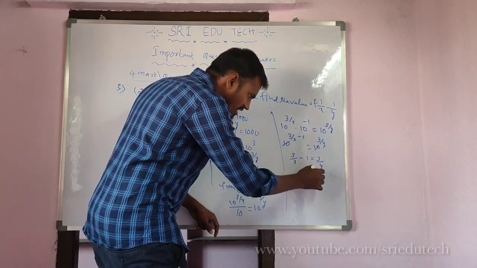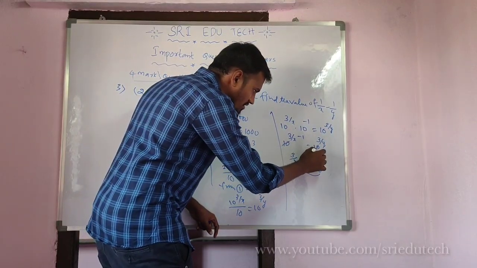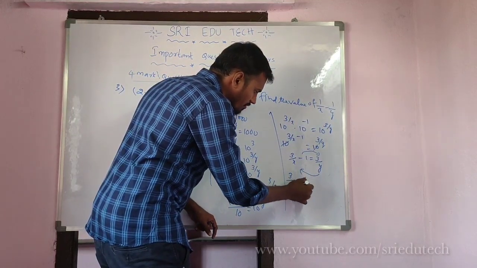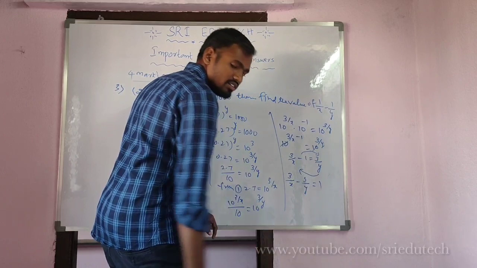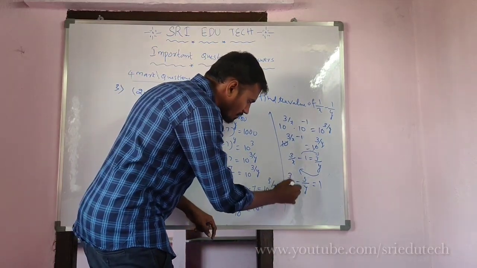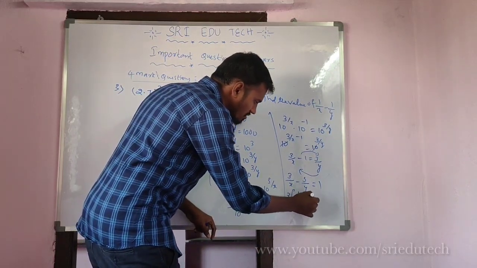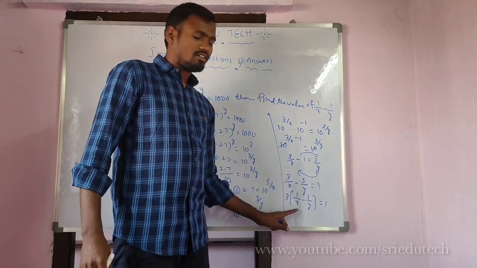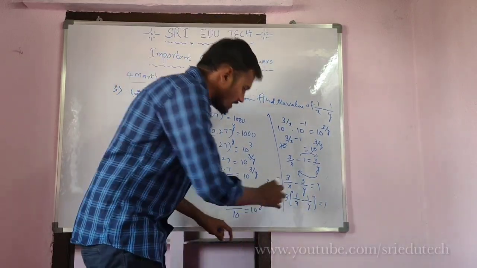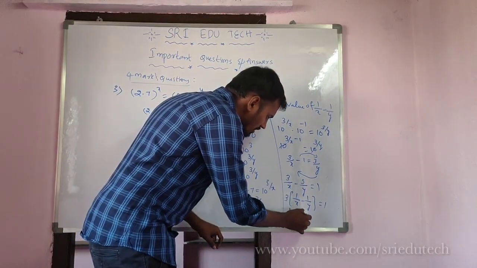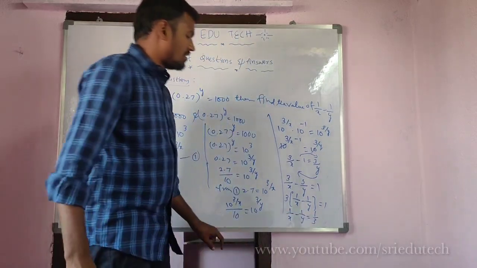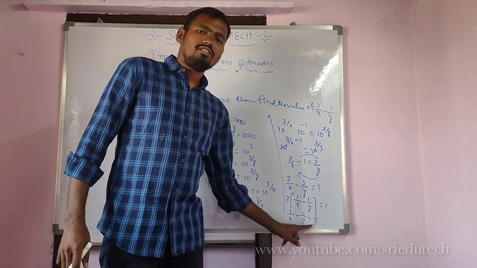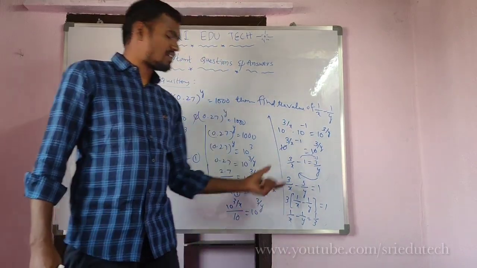Right? This y transfers to LHS, this minus 1 transfers to RHS. See, 3 by x minus 3 by y is equal to 1. Take 3 common from this. 1 by x minus 1 by y is equal to 1. Here 3 is multiplying, transfers to RHS, it becomes divide. Then 1 by x minus 1 by y is equal to 1 by 3. Therefore, the value of 1 by x minus 1 by y is equal to 1 by 3. Right? So this is the answer.